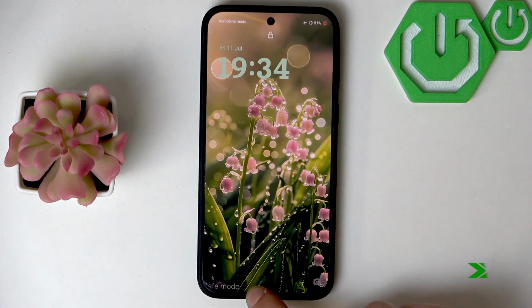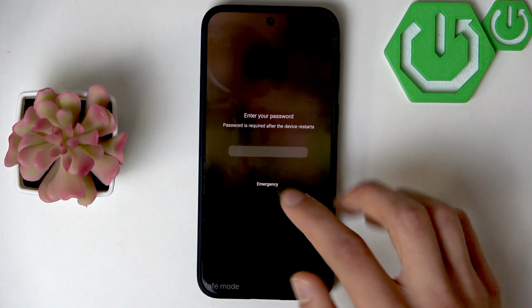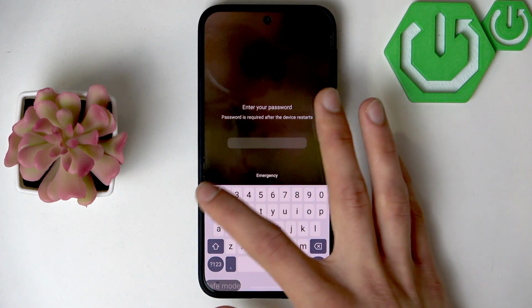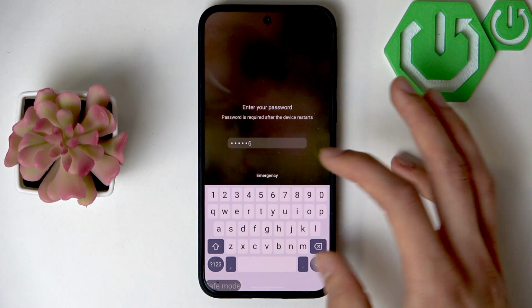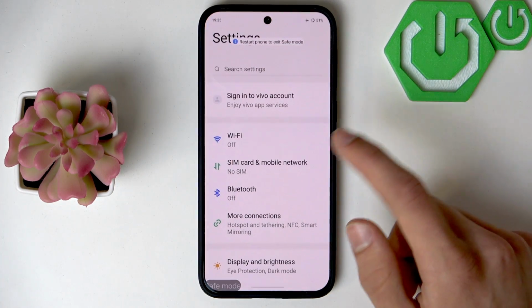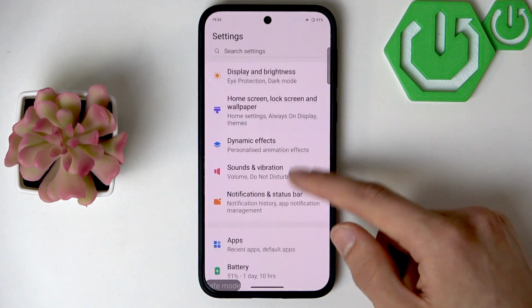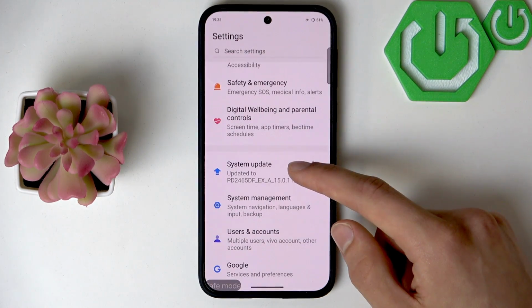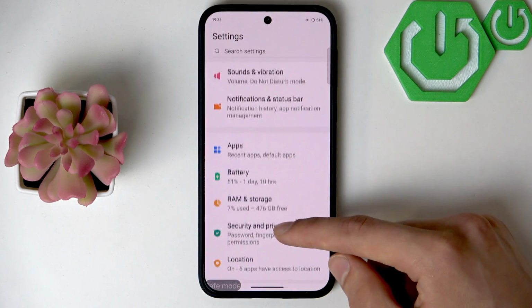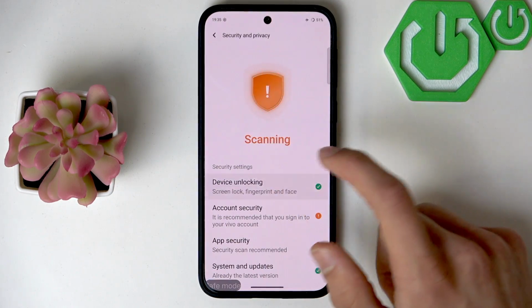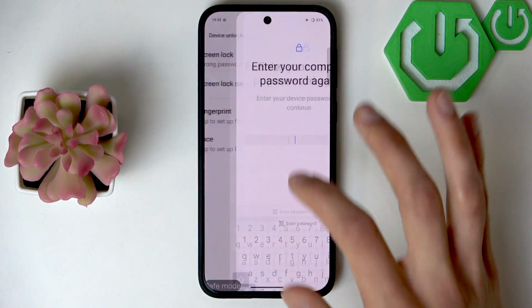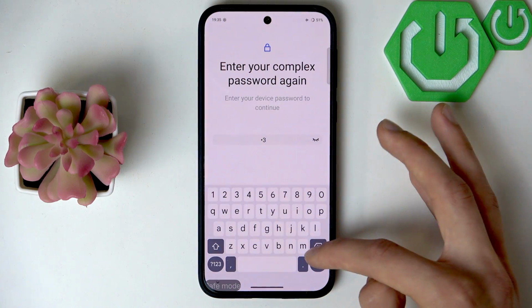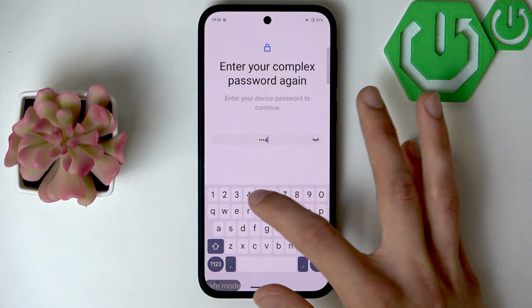Okay, this indicator says that we are in safe mode right now. So let's try to enter the password once again. And if you do succeed, then you simply have to go to settings, then go to security and privacy right here, and then device unlocking, screen lock, enter your password once again, and then on the